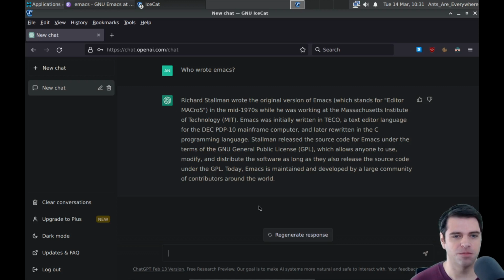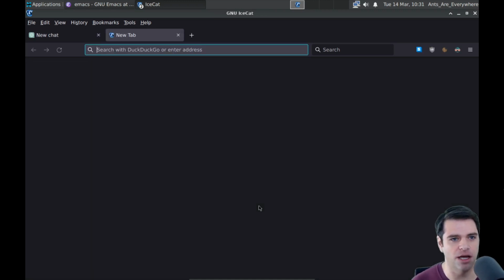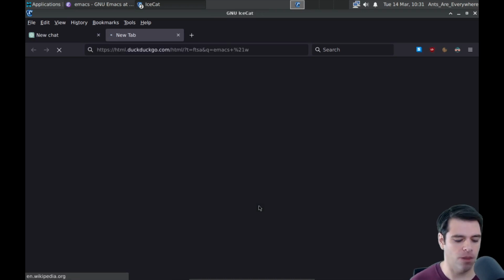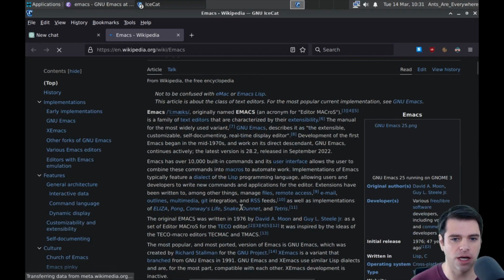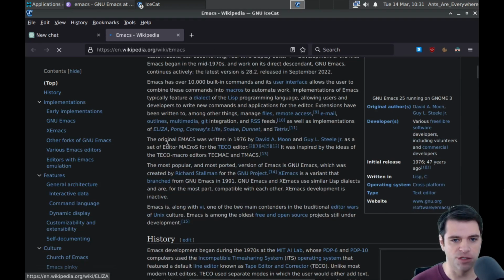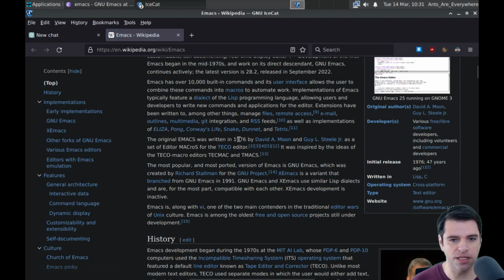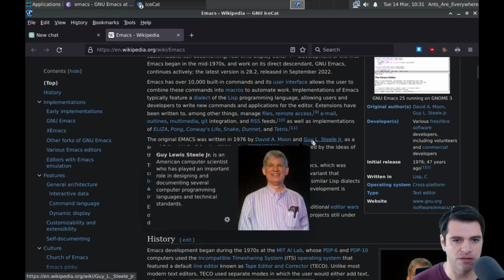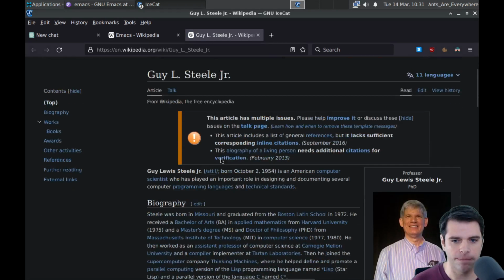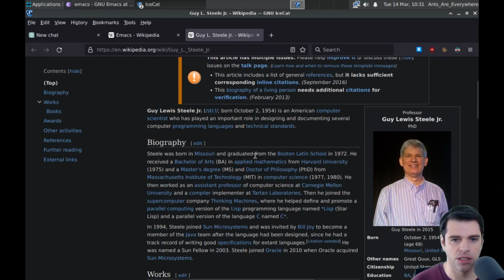So, as you will often find if you try to use ChatGPT, this is not right. It's not horribly wrong, but we can actually look up who wrote the original Emacs. And it does go back to the 70s, but it's by David Moon and Guy Steele. I don't know as much about David Moon, but Guy Steele is a famous Lisp guy who was at MIT. And